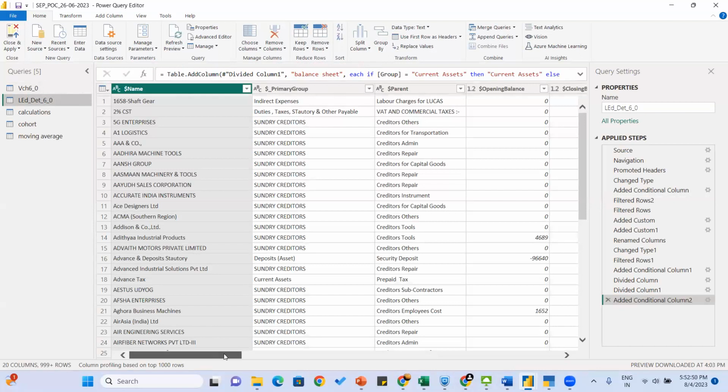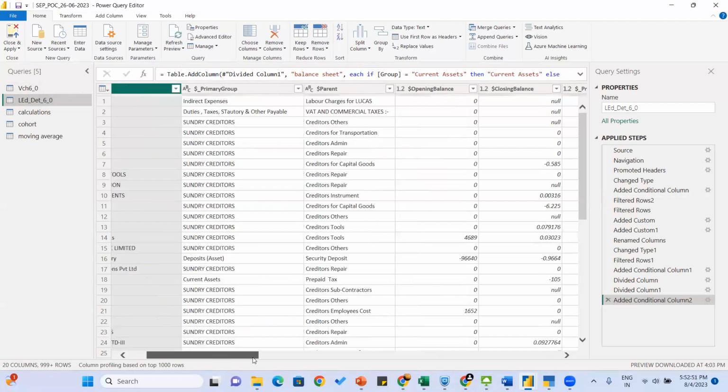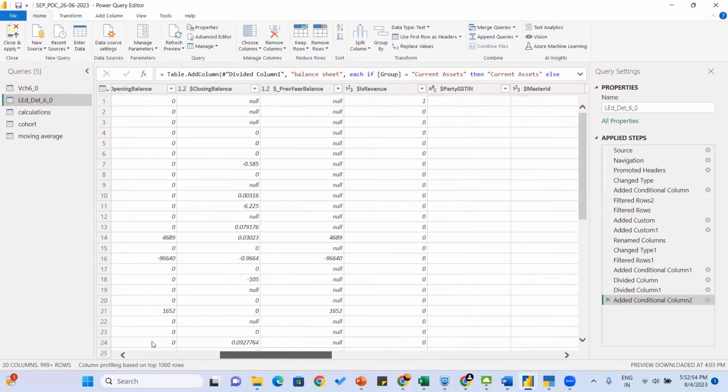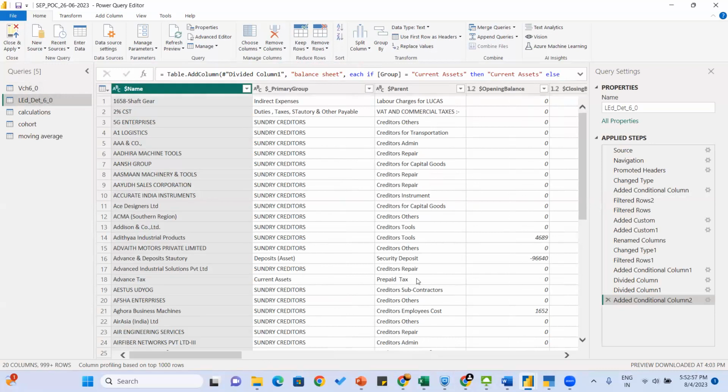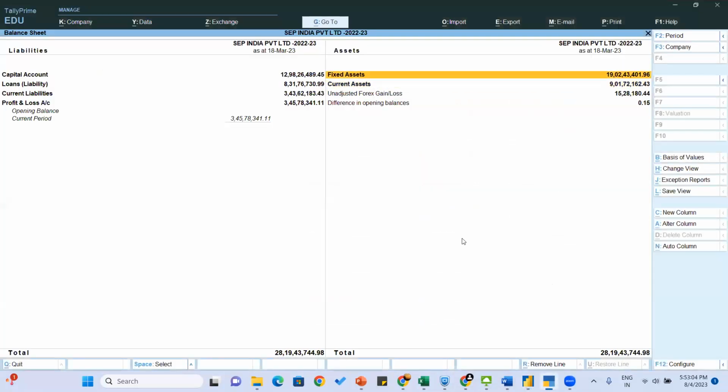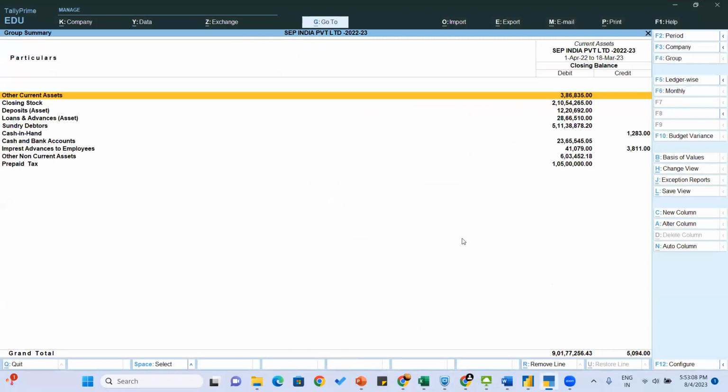There are various columns: name, primary group, parent, opening balance, closing balance. You have to make some conditions for grouping, because in Tally we have separate categories like current assets, fixed assets, loans, liabilities. Under current assets there are different categories such as deposits, sundry debtors, cash in hand.